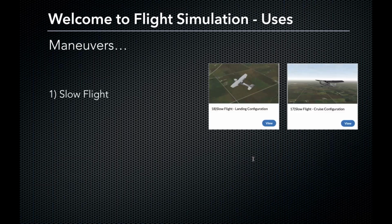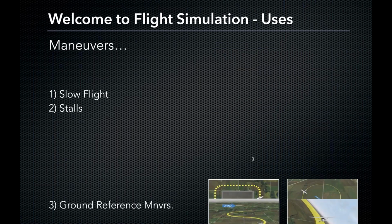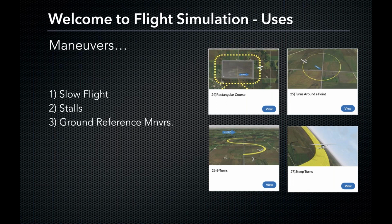Something I like to highlight is slow flight, getting a better understanding of that sluggishness of, if you will, the controls, and keeping altitude while you're hearing continuous stall warning horns is always something to practice. Stalls, go ahead and engage that stall and see what happens when the nose breaks and the right ways to recover from that. We can practice our ground reference maneuvers with these amazingly vivid programs of when you look outside,